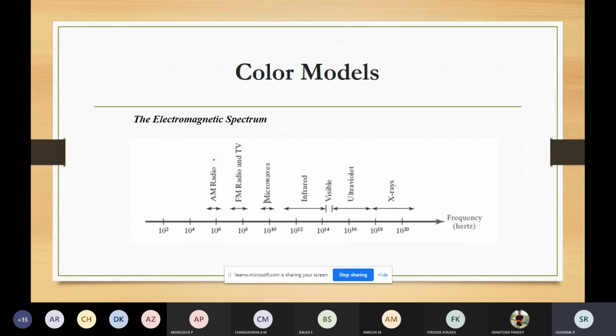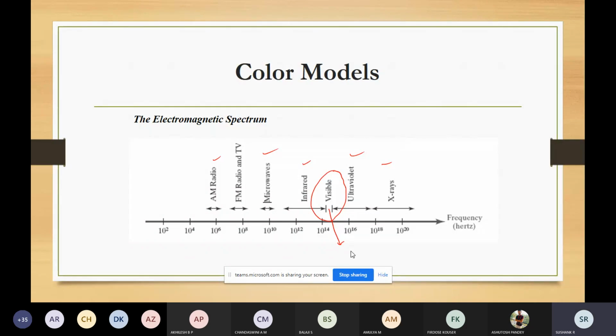So we have radio waves, microwaves, X-rays, ultraviolet rays, infrared rays, but we are able to see only the light or the colors in this region. What the human eye perceives is the range of colors within the visible region, and some of the colors are near the borders of the visible region. From the physics point of view, you know that light is electromagnetic radiation. The same way, color is also electromagnetic radiation, which has some frequency.